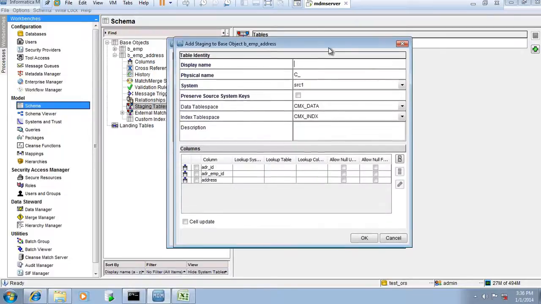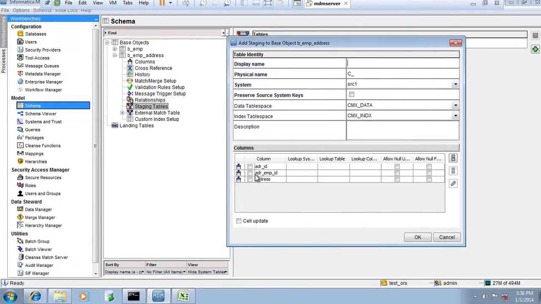So again, as we discussed earlier, the staging table is a subset of the base subject. So whatever columns we define, we will get that column list in the particular staging table. So let's give the name as underscore emp underscore a double d r e double s emp address, and suppose we are getting data for this also from source system 1, so I will keep src1 here.